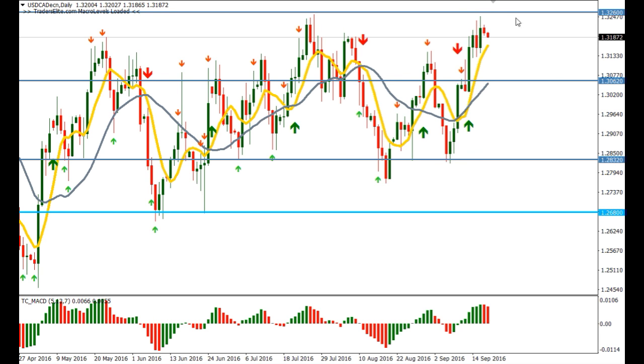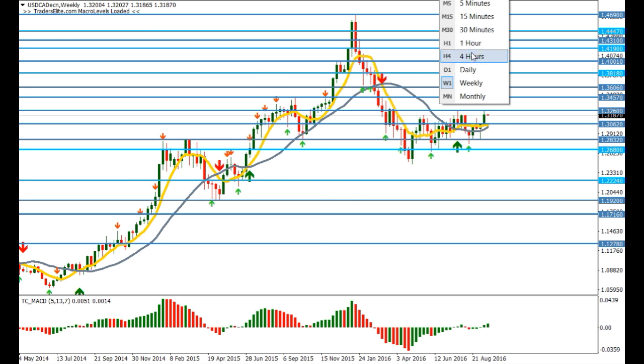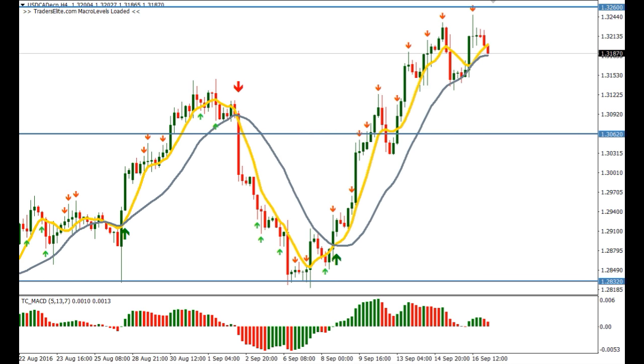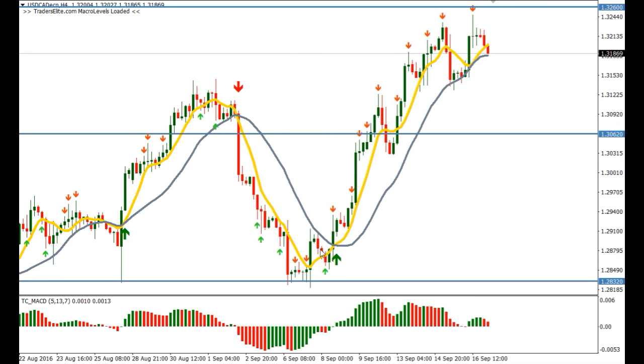On the daily, we can see a strong upward movement of the pair, and on the weekly, we can see that the price is above the fast moving average. The fast moving average is above the slow moving average. Now it's been flat, so it is going through a bit of a consolidation period, but recently we have seen nice upward moves, which is why